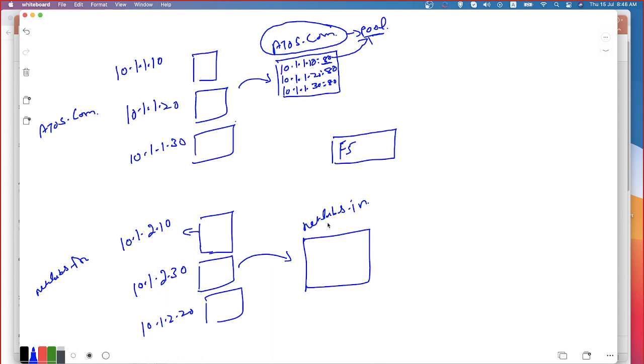Now netlabs.in is another pool, right? The members of that pool are going to be 10.1.2.10 on port number 80. Same way, 10.1.2.20 port number 80. Then 10.1.2.30 port number, what is that? I call this as what? 80. Now the pools are ready. That means if any traffic is sent to this pool, one of the members could handle it. Same way, if the traffic is given to this pool, one of the members can handle it.